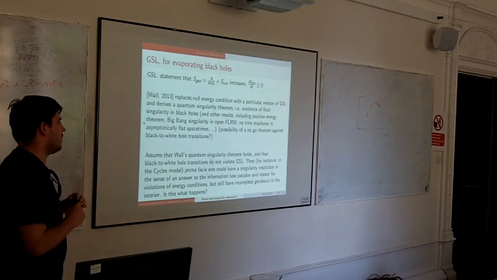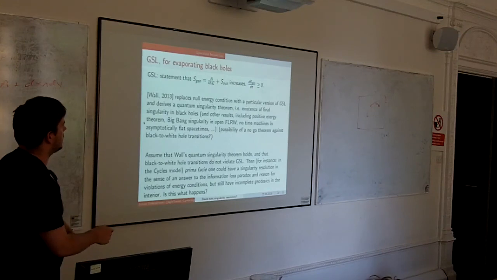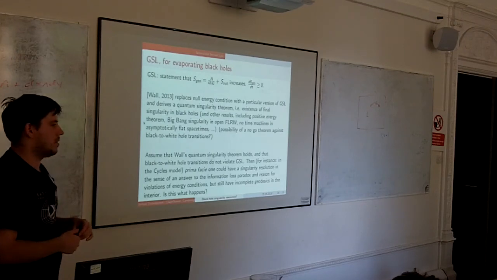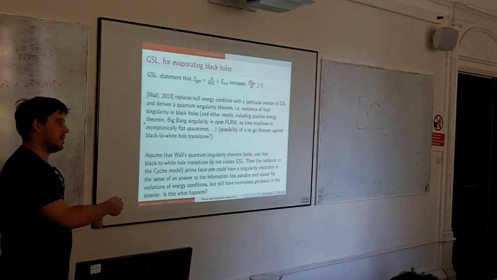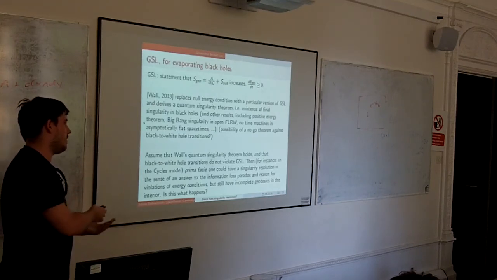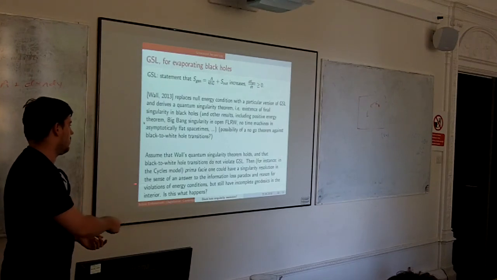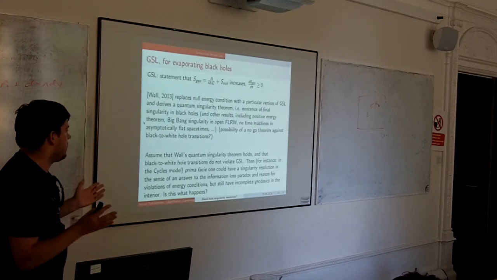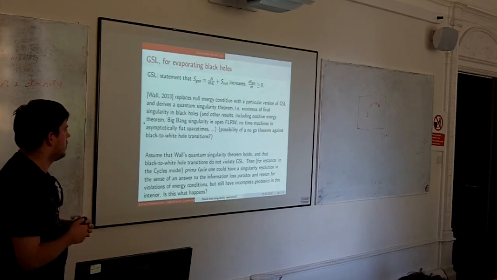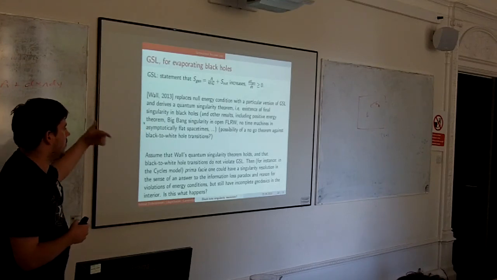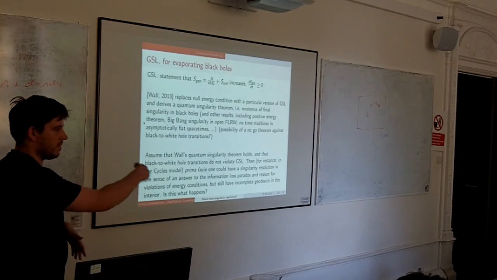Then prima facie one could take this singularity theorem and argue that it actually applies within the event horizon of the system, particularly for the cyclic models that I presented. And so if that could be done, in other words, if the premises of Wall's quantum singularity theorem would be satisfied in the interior of this cyclic